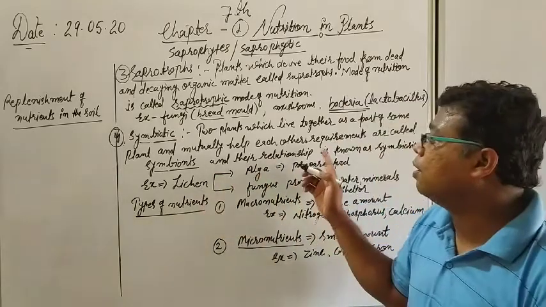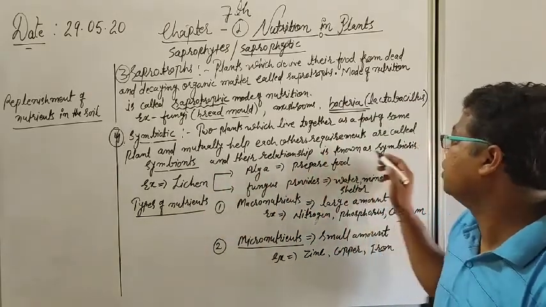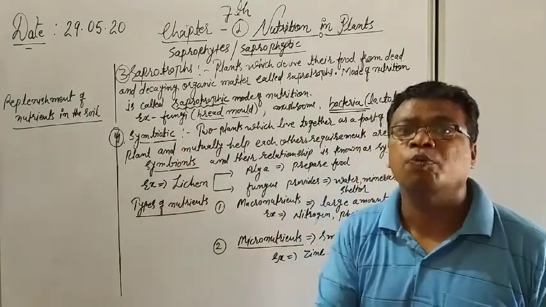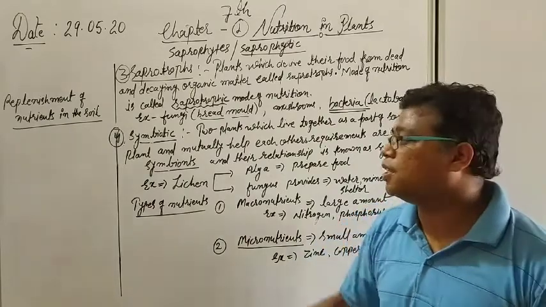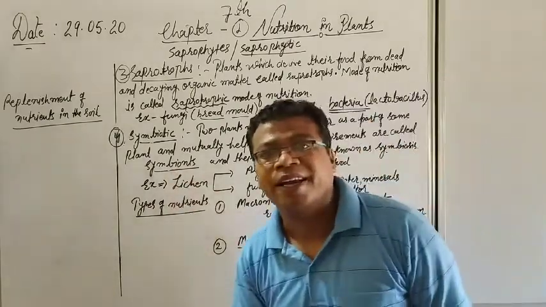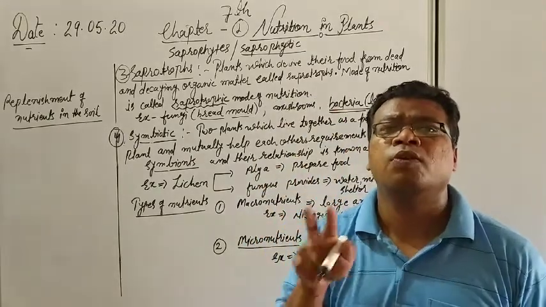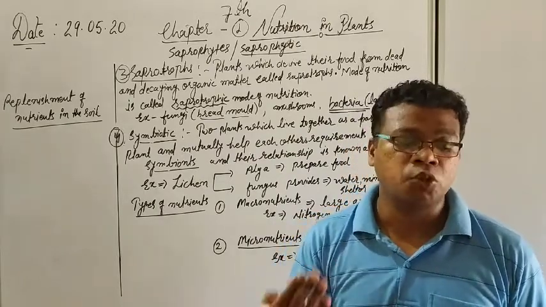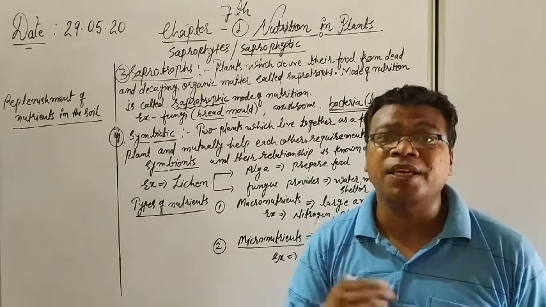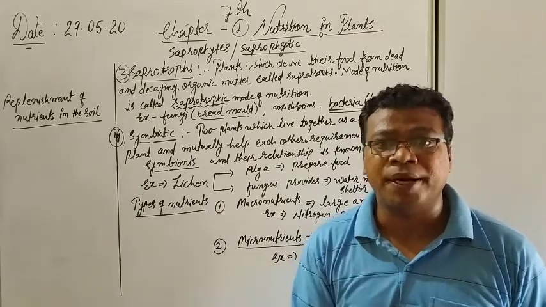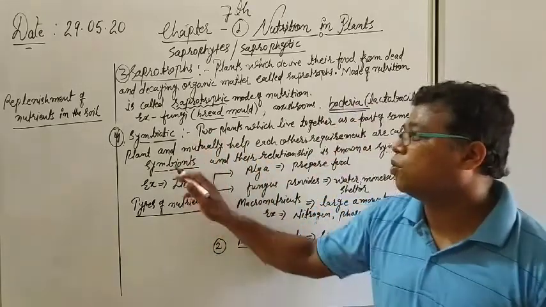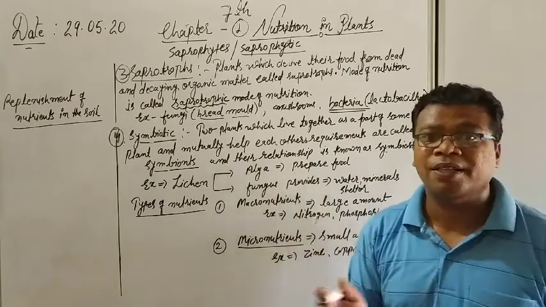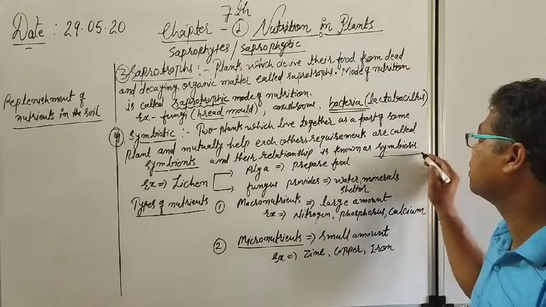Such kind of plants are known as symbionts. The two plants which are participating in such a particular relation are known as symbionts. Again, let me repeat the definition, it is a little complex. The two plants which are living together as a part of some plant, and by mutual understanding they are helping each other and fulfilling each other's requirements, are known as symbionts, and this particular relationship is known as symbiosis.